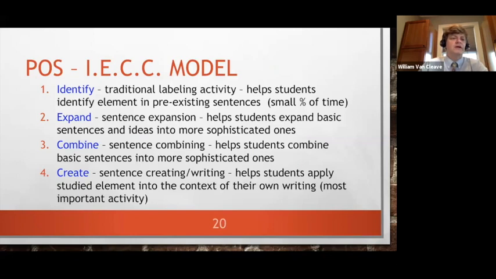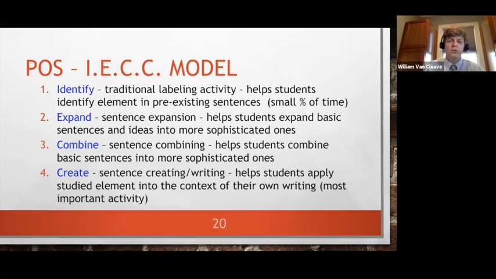Okay, so I developed this actually for the state of Pennsylvania. It's called the Parts of Speech IECC model, and I've done a lot of work with Patton. I know some of you, Pam Kastner, actually e-blasted this out, which was nice of her, this webinar. I developed this for Pennsylvania, and I spent a lot of time really thinking about it, and I've since used it all over the country. And the idea is this is our practice model. So we have 4 activities. It's the IECC model. And the first activity is